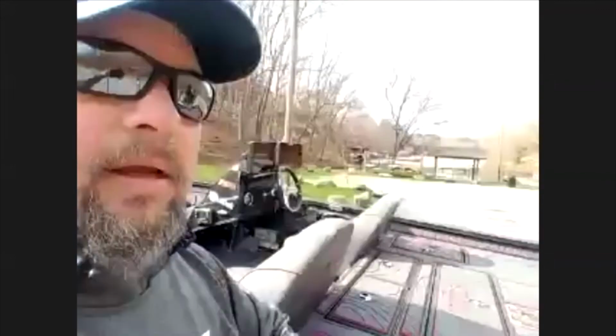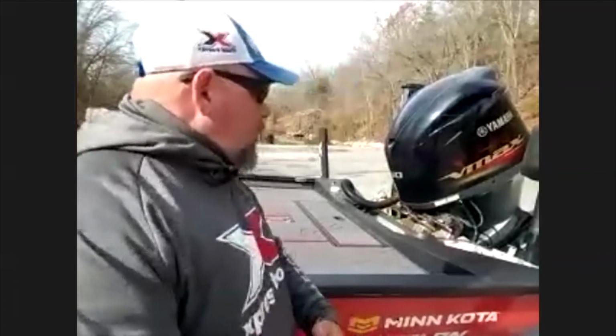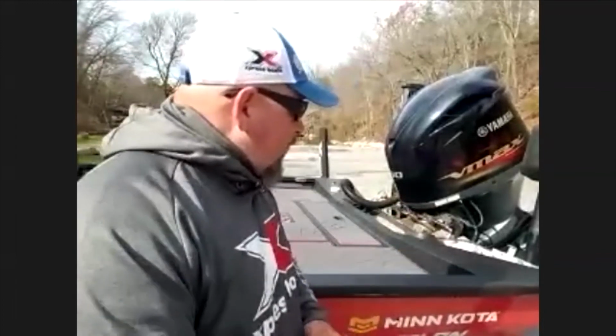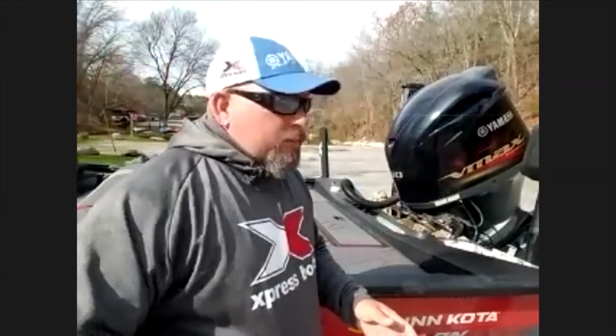All right, we're going to come back here. Going to give you a little turn. And we have the power plant. Yamaha 250 SHO. Got a 10-inch Atlas jack plate from TH Marine. Got two 10-foot Talons. The Talons have been a great addition to the boats that I've run the last couple of years, simply for the fact that I can literally